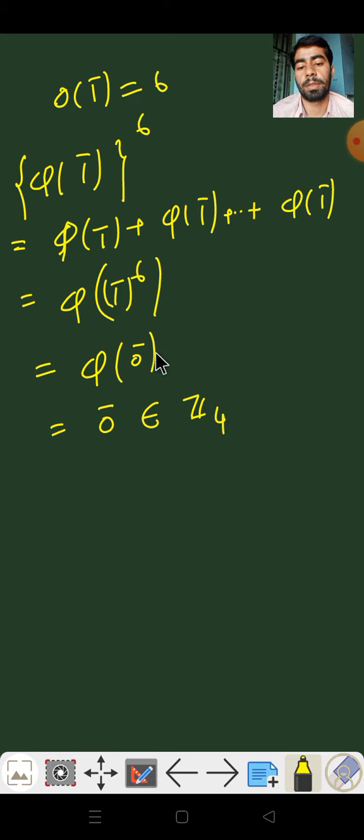The identity element in Z4 and Z6 are the same, which implies that